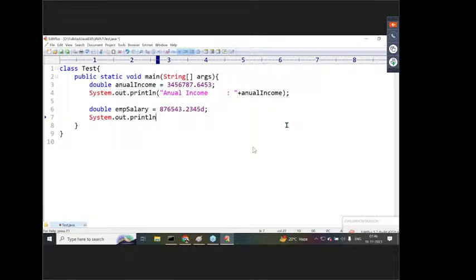System.out.println of, then what we have to provide there? EMP salary, like this here we can provide employee salary plus. Next one is, apart from that, if we go for any calculations related to geographical calculations or biological calculations,